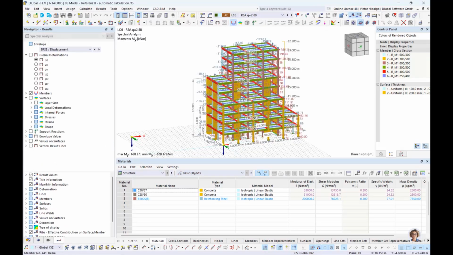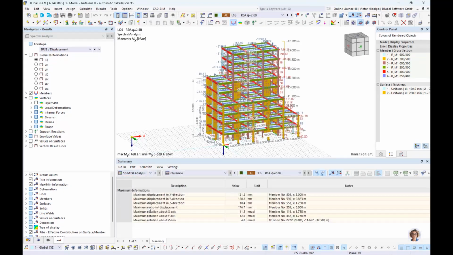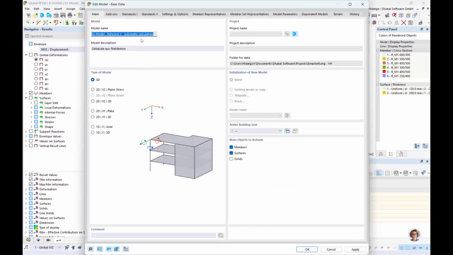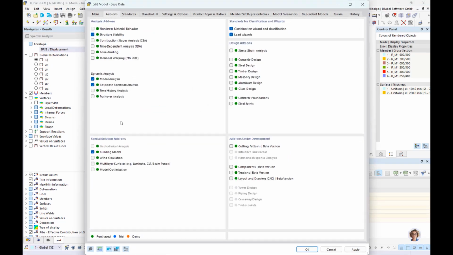I'm going in the table to the spectral analysis, and then I select this entry, resolved by stories, and for that I have to run the analysis with the add-on building model. Here is where I can activate it,